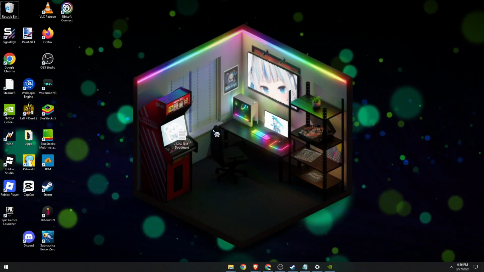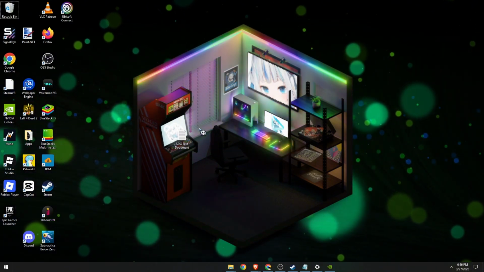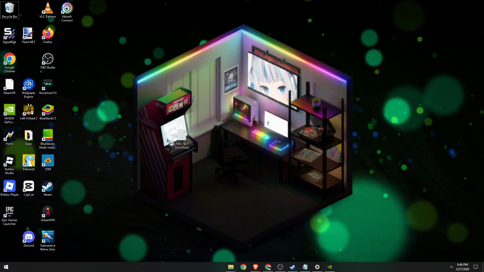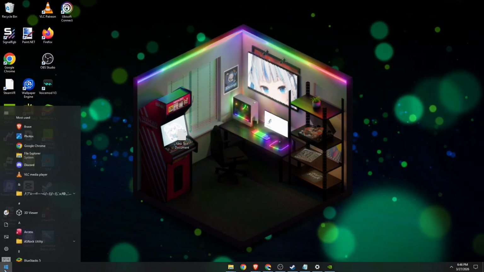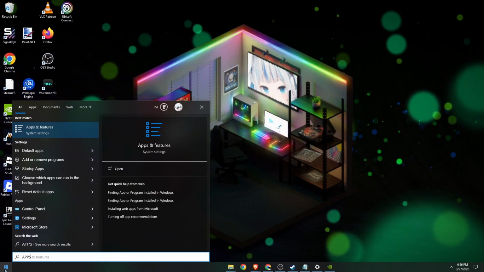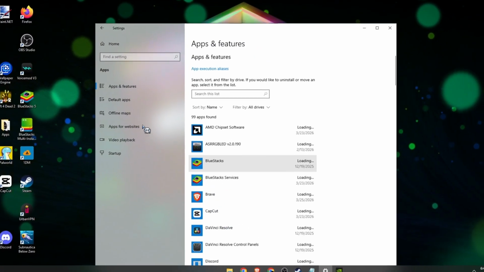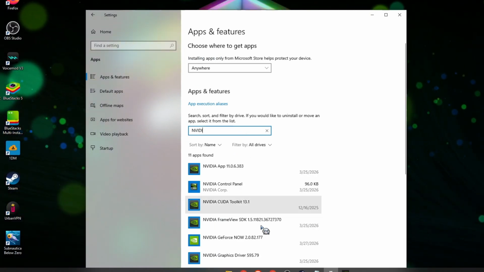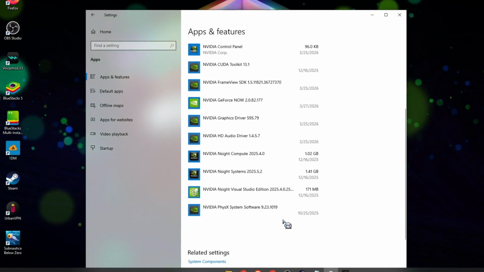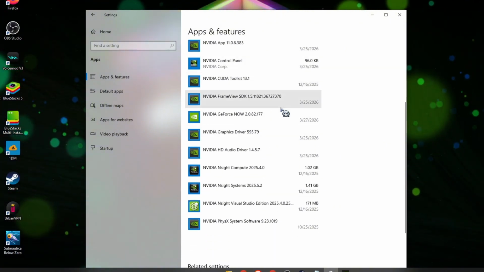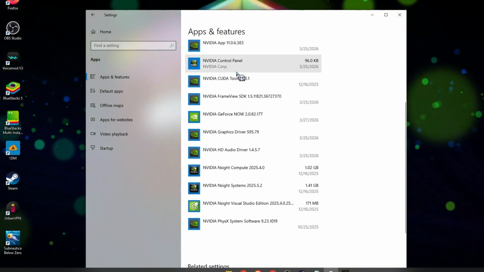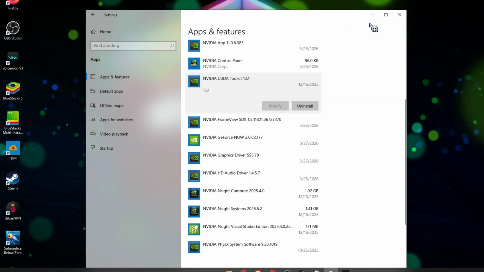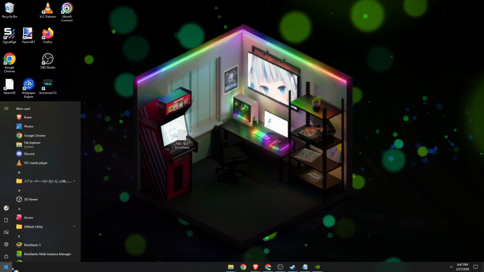Let's begin. First, I want you to go ahead and uninstall the current version you have installed on your PC, okay? So go to your Windows Start menu. You can go to Apps and Features. You can uninstall it from here. NVIDIA, right? You need to uninstall everything NVIDIA related. Every single one. So you can click on them, uninstall, uninstall, or you also have the option to go